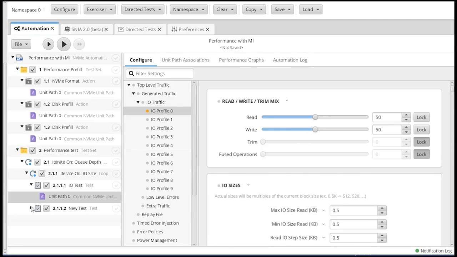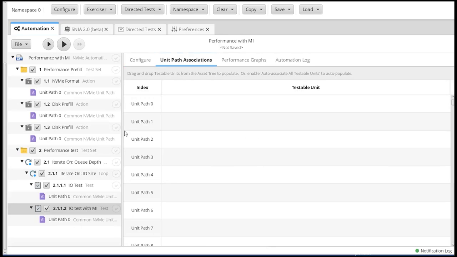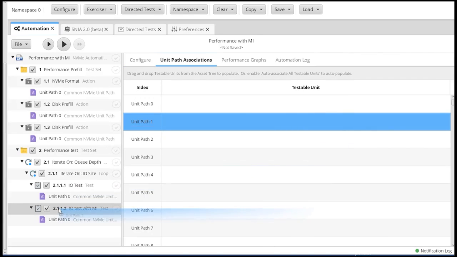So now we're going to come to our next test, which is our IO test with MI. In this case, what we want to do is run the NVMe stuff on unit path 0, and we're going to take unit path 1 and bring it over here and drag and drop it like you just saw, and unit path 1 is going to be where our MI stuff resides.